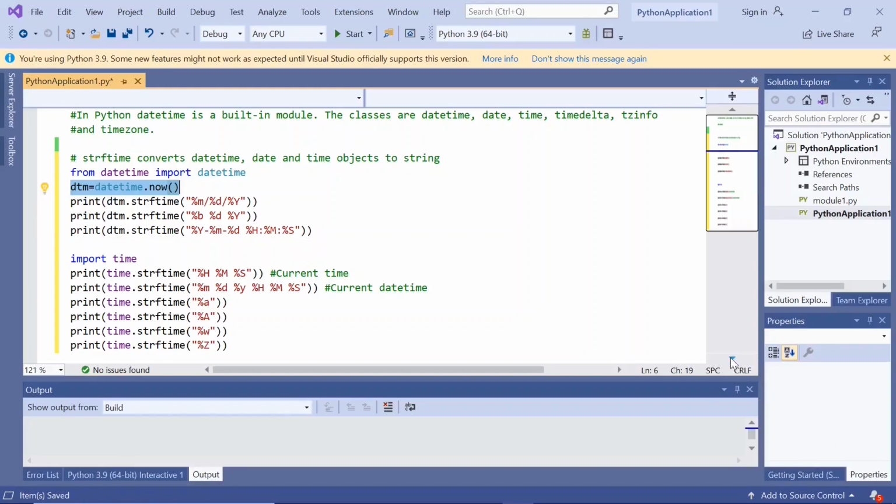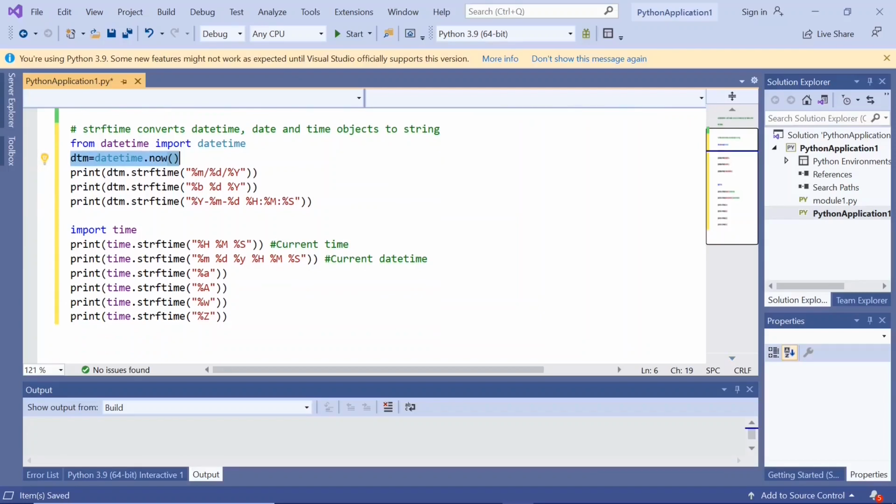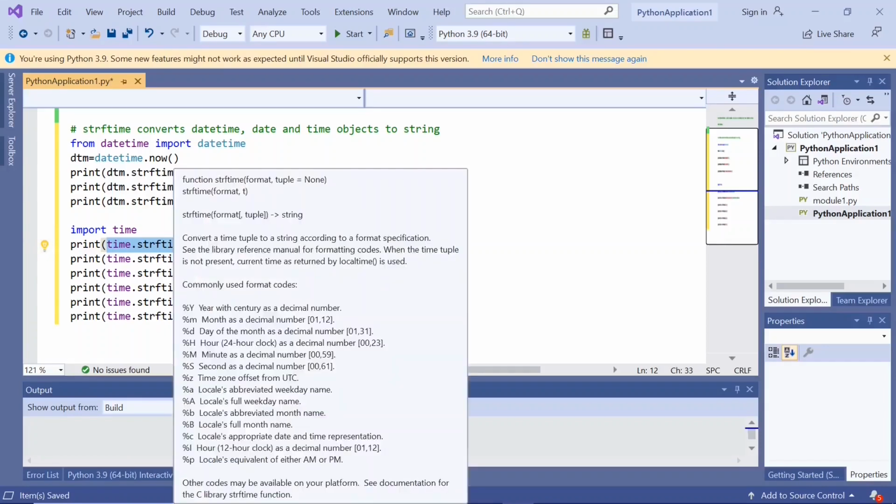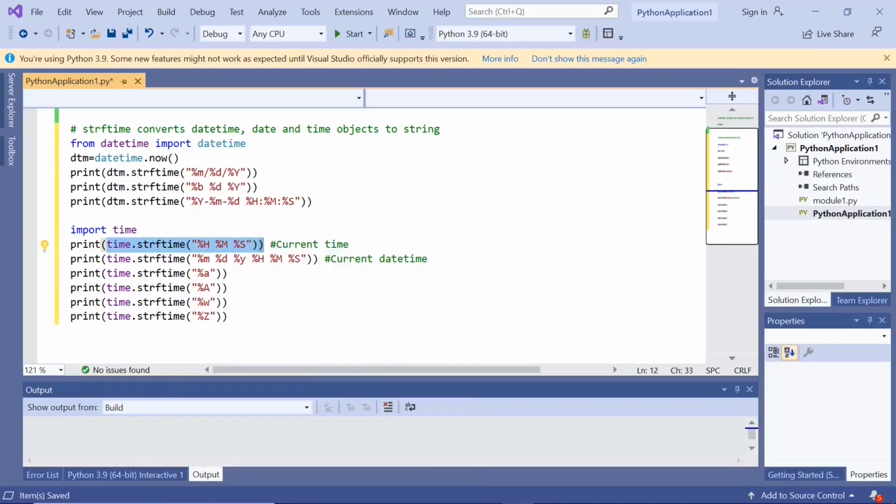And here we import time, and we print time.strftime hms, time.strftime mdy hms, time.strftime small a, capital A, small w, small z. Let us execute this.